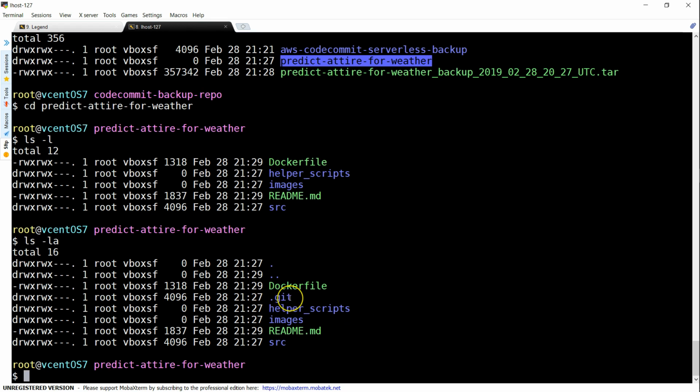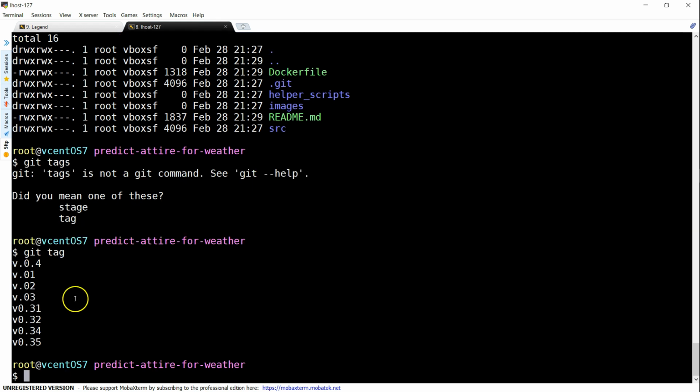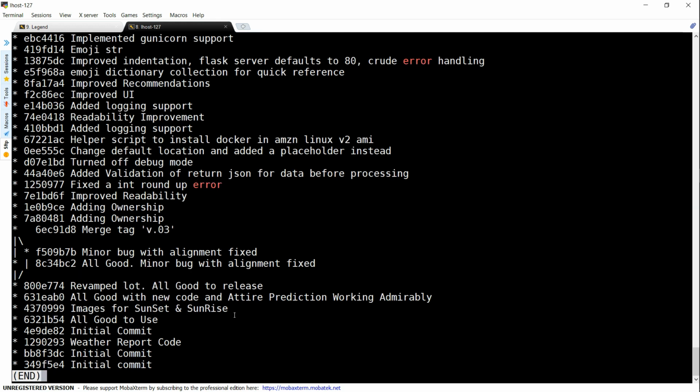You can see that here, and if I go ahead and say list my tags, I should be able to get all the tags. I'm supposed to say git tag, and you can see here all the tags that are there are shown up here. If I want to show all the commits also, I can do that. If I want to show the commit history in one line, this is the entire commit history of that repository,